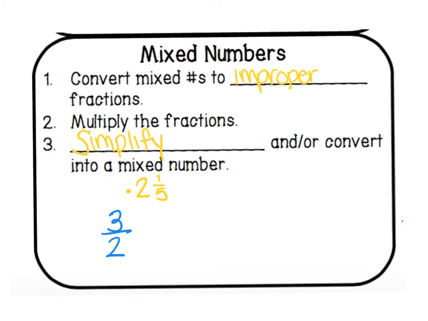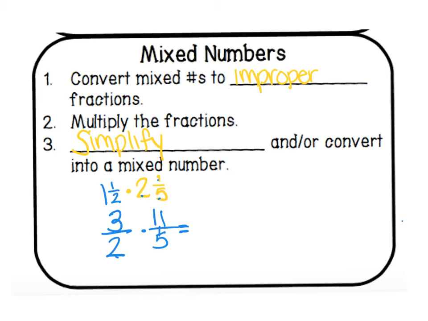Okay, so I'm going to rewrite it, take the extra couple seconds it takes to rewrite that underneath. Then I'm going to do 5 times 2, which is 10. 10 plus 1 gives me 11/5. At this point, I've got two fractions, so I can check and see if there's anywhere to simplify. And as I check my up and down, or my diagonals, there is nowhere to simplify, so I'm going to